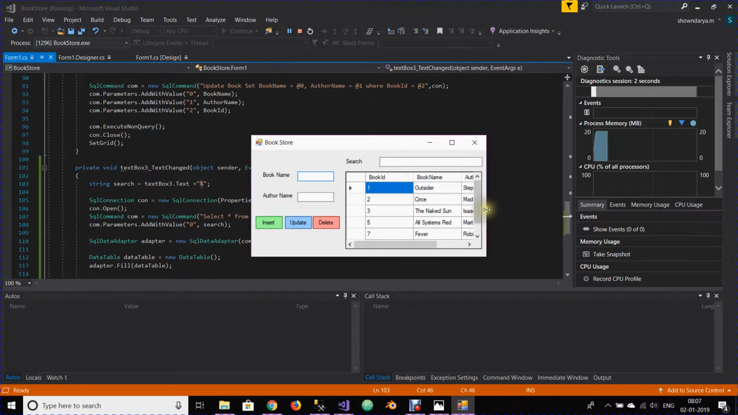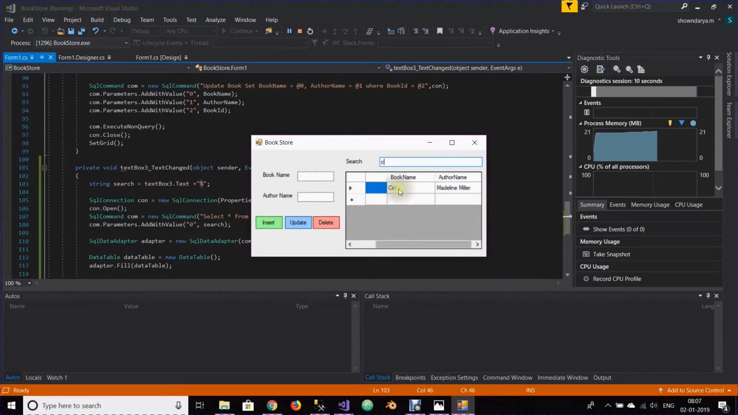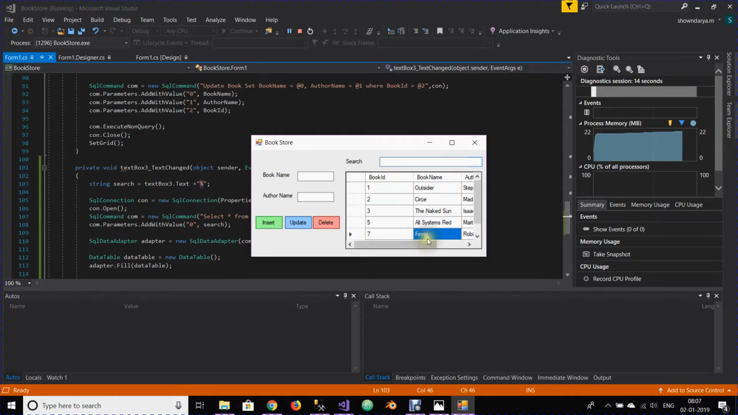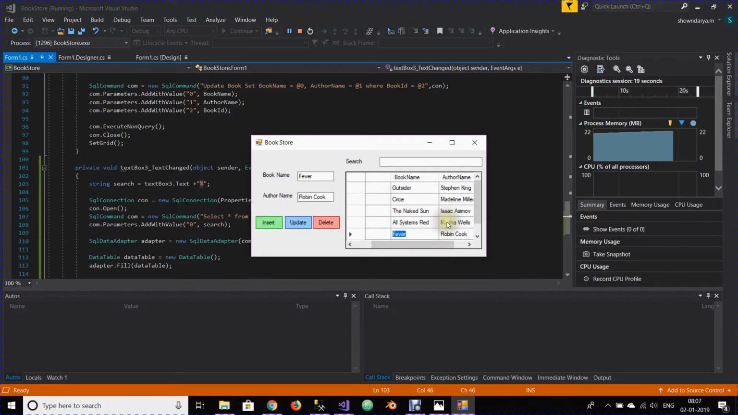Okay, so we have our list of books and the author names. Let's search for C. Now our book name starting with C has come, and let us search for M. We need to find 2 values for that, and we have 2 author names for M. So that is about it,